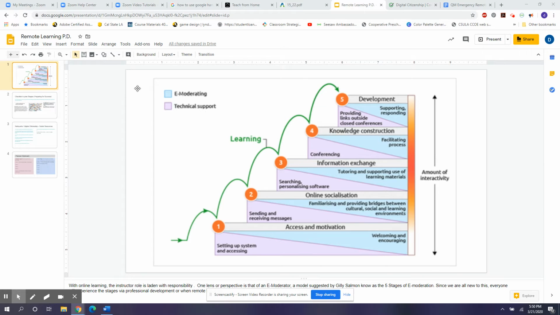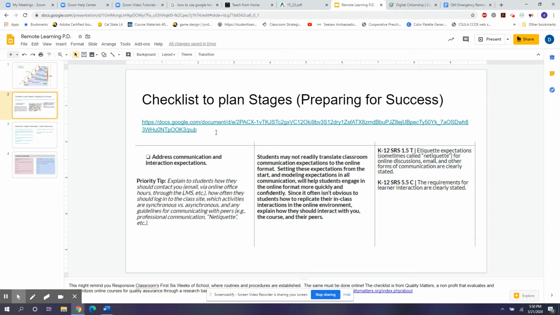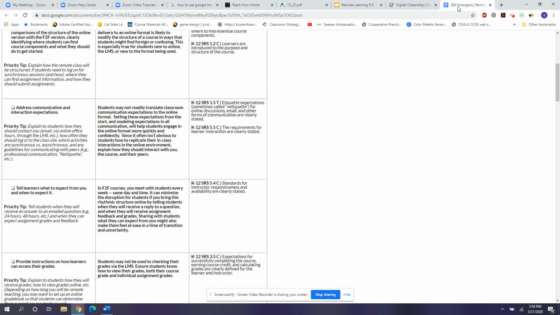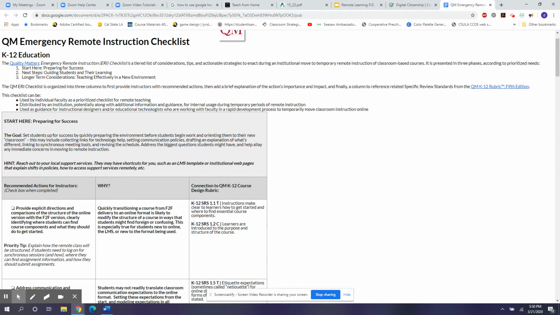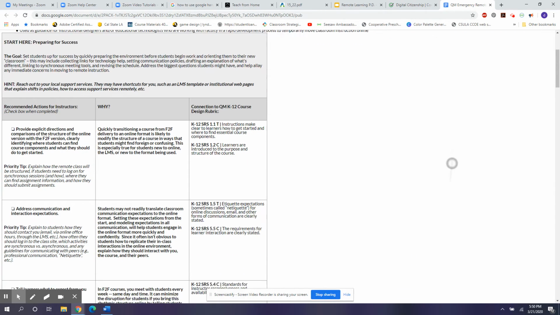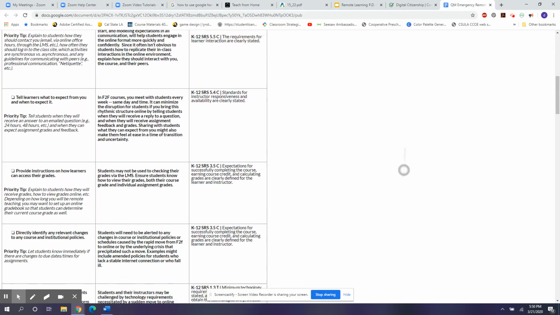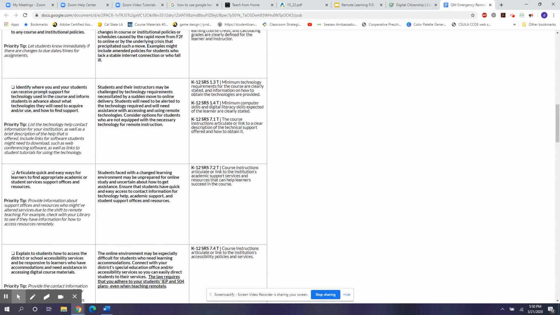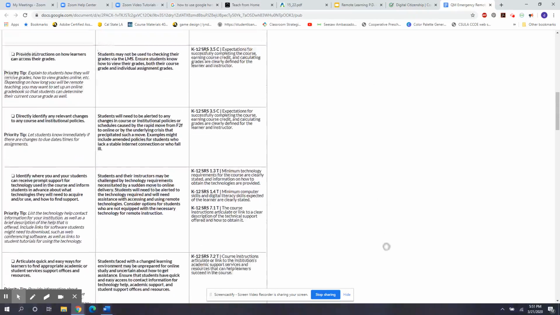Now, let's move on to the checklist. I would recommend for professional development purposes to divide the checklist into the 3 sections. So this video is going to suggest what to do for preparing for success. This section has 8 criteria points, and most of these criteria points, I believe, can actually be addressed by either